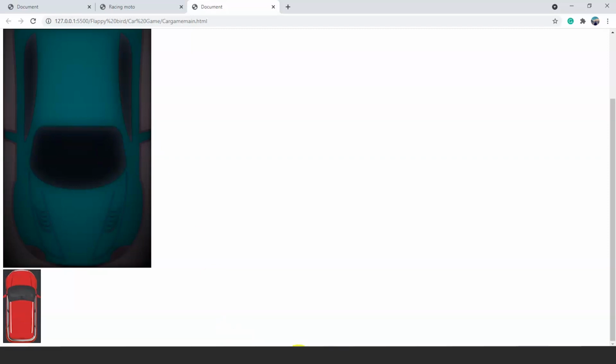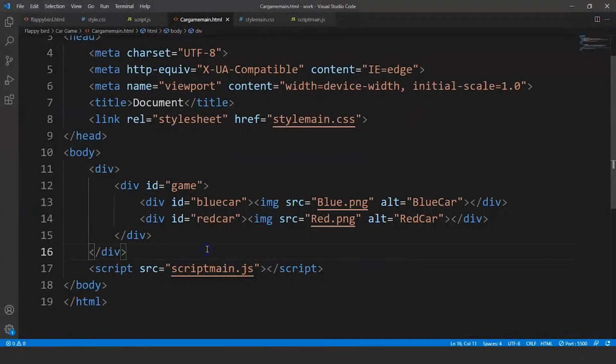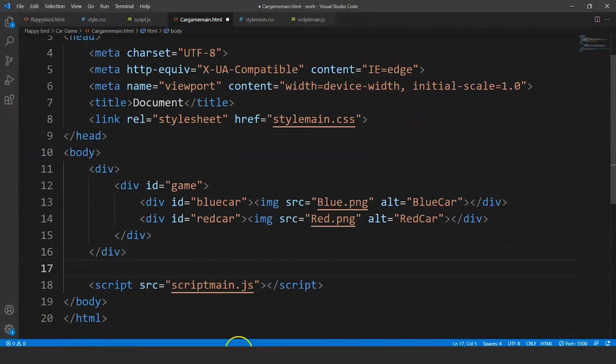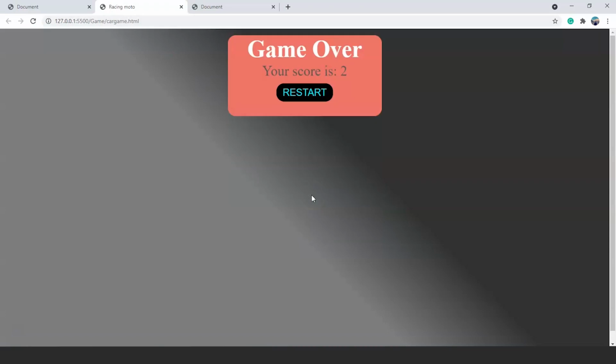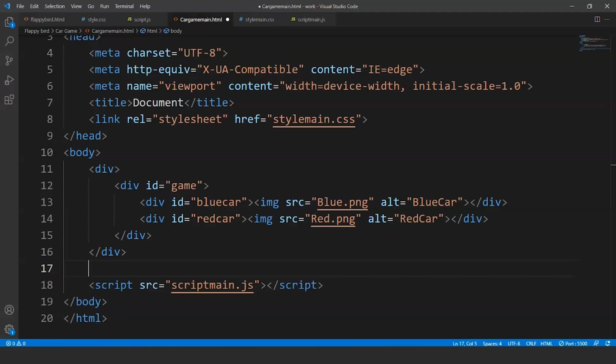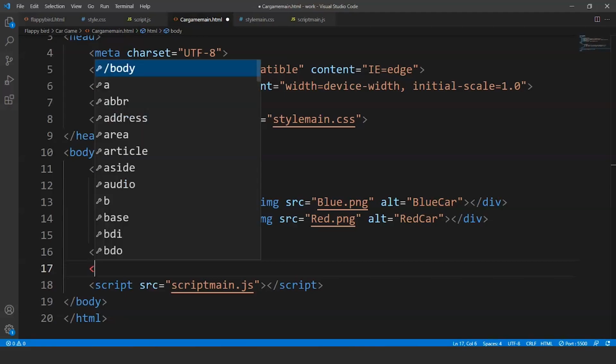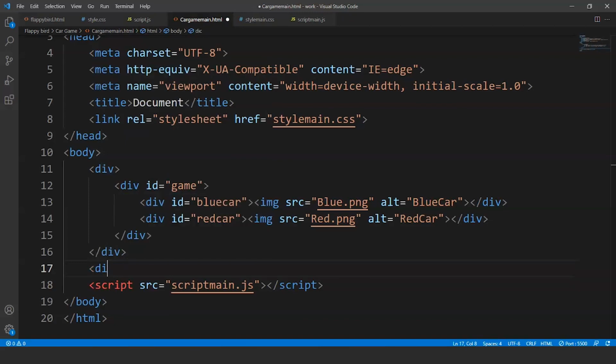What we'll do is we'll move to our HTML file again. And now one thing you might have noticed in the game here is on collision, we are getting a card for game over. So we have to create this div tag as well. So let's finish the HTML part first. What we'll do is we'll write here div again. And this time the id will be result. So we are preparing for the game over part, right?